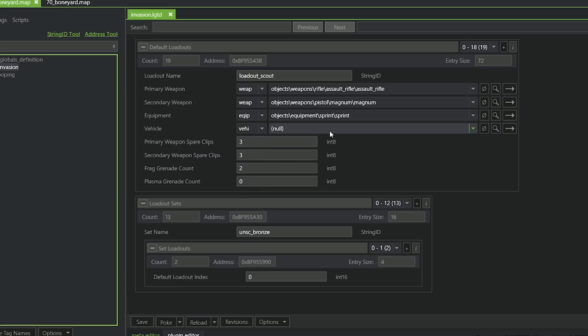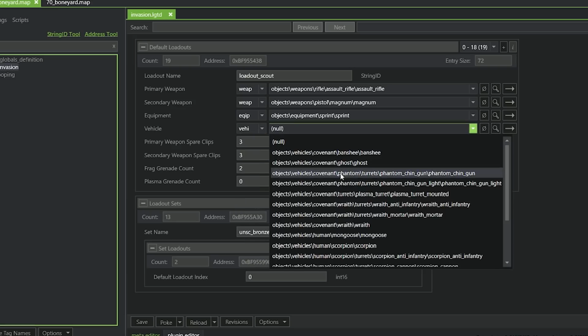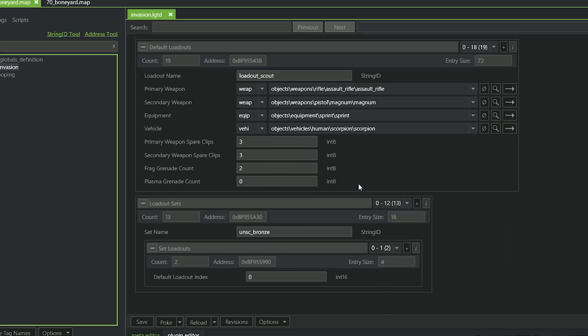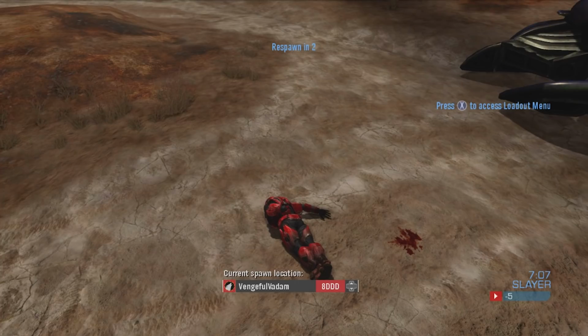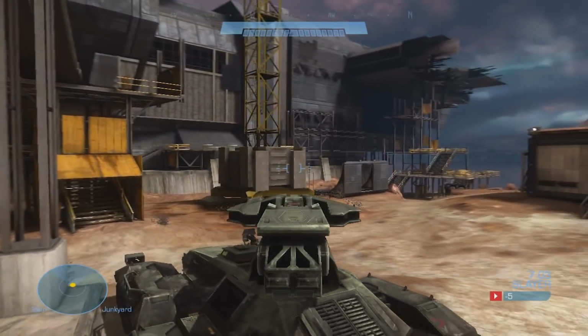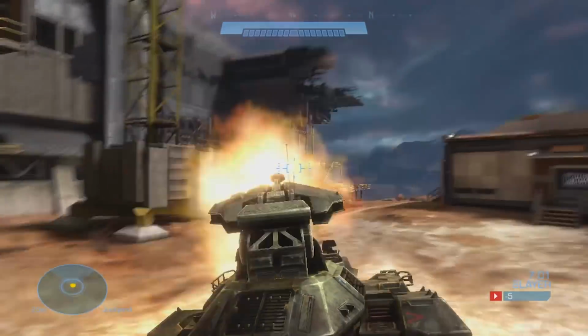One major loadout feature that was cut from the final game, but still has functionality in the beta files, was the ability to have players automatically spawn in vehicles. In the beta map files loadout globals, there's a drop-down box for the loadout settings that offered a vehicle selection, and once the map is loaded up, the player will automatically spawn inside the vehicle of their choosing. It's a shame that this got scrapped, as it would have brought so much more untapped potential to Reach's custom